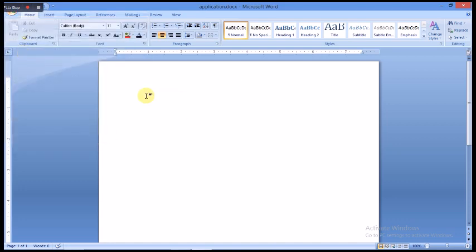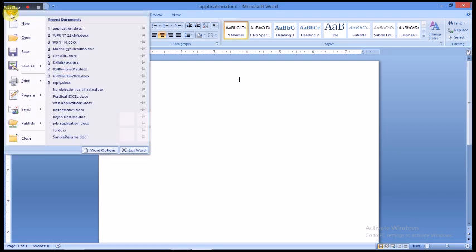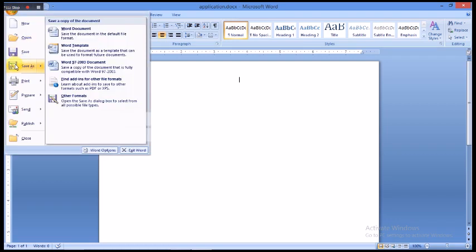Save as and save work the same for a document created for the first time. Now if I want to keep changes separate from a previously created file, then I can click the save as option.